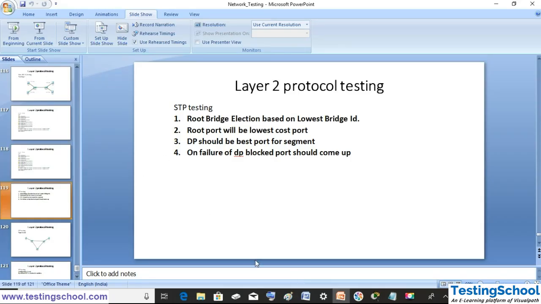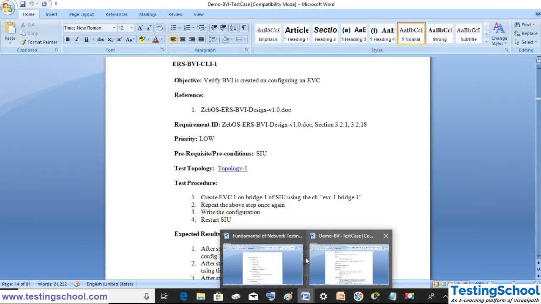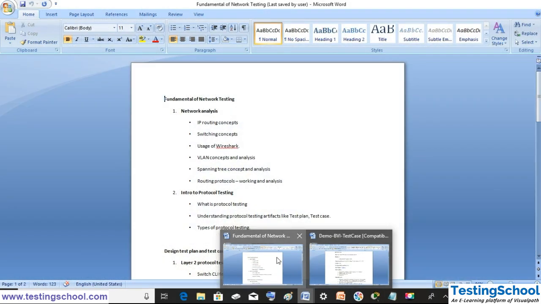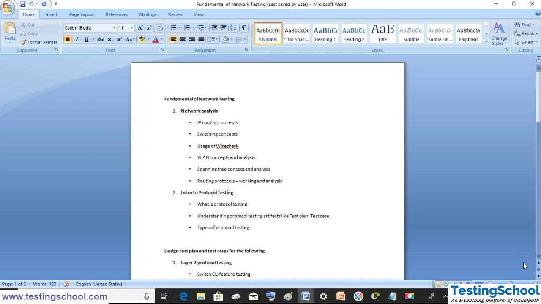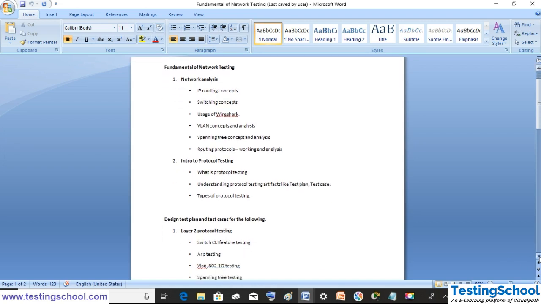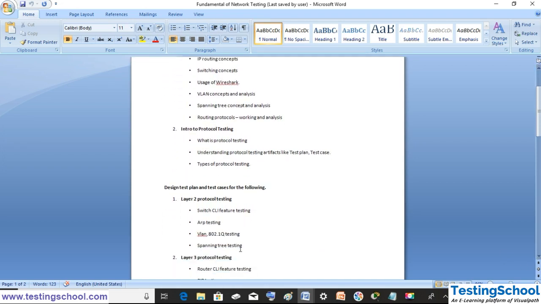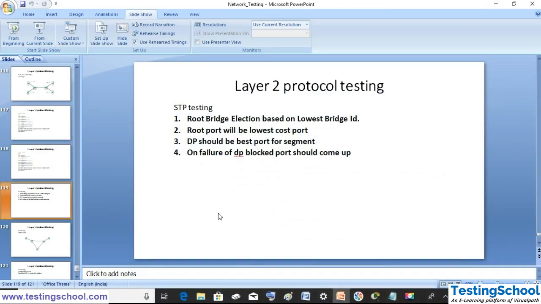Let's discuss STP testing, spanning tree testing. In spanning tree testing, we'll discuss